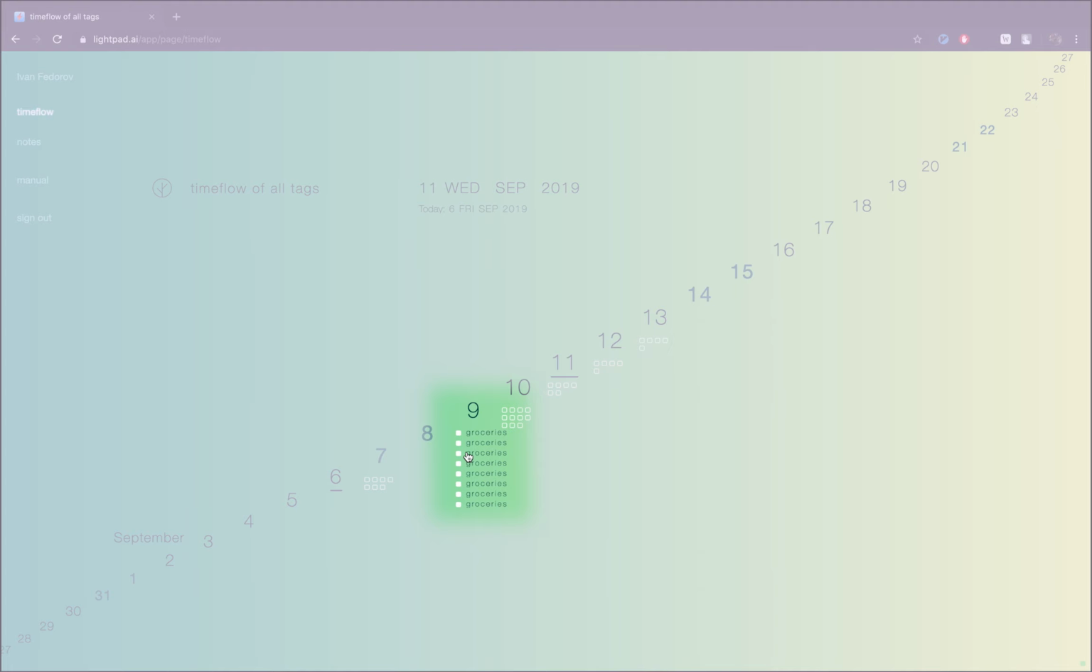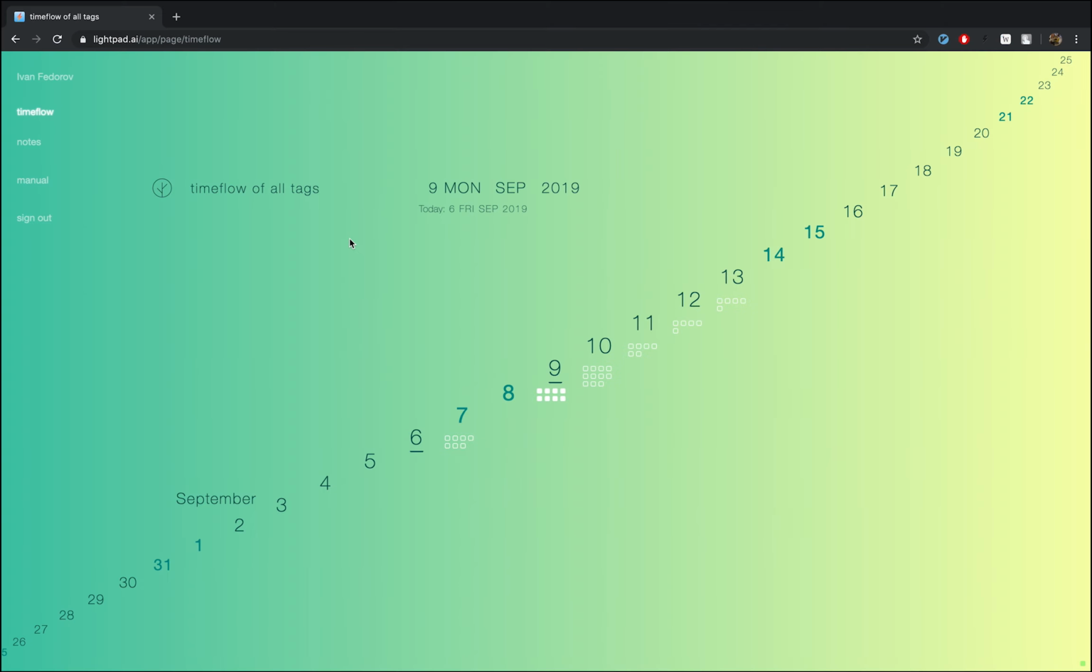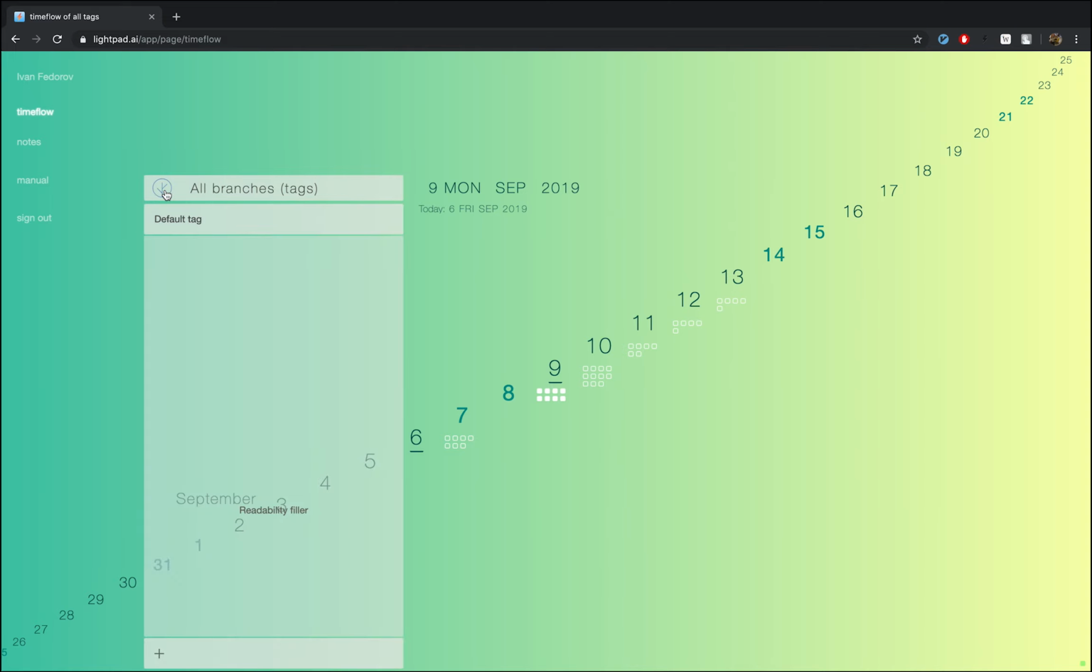Also note that when I hover over a date, it gives me a sneak peek into the day's details, this small preview. Now let's talk about customization and structure. In Lightpad, you can organize your content around tags. You see this hovering menu here? So if I click on this branches button,